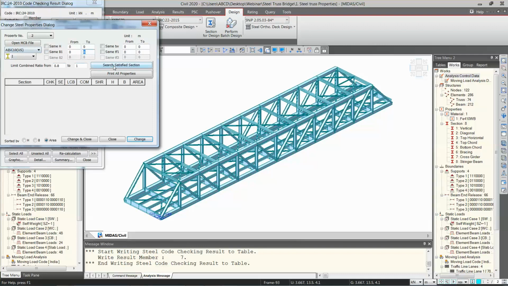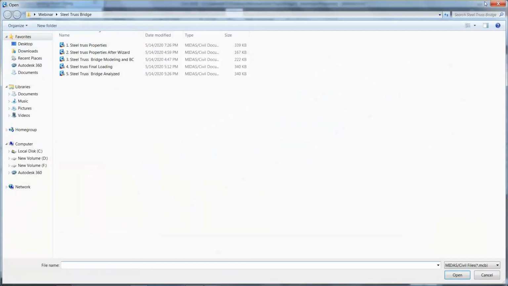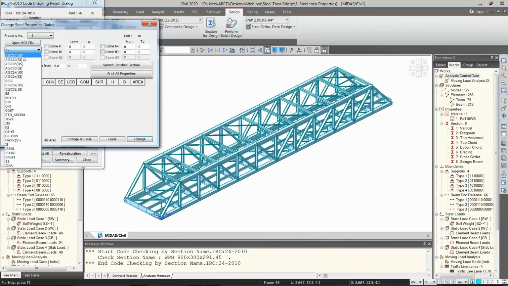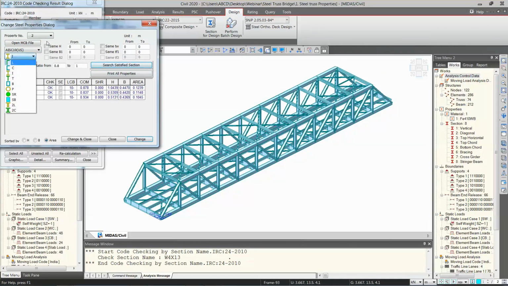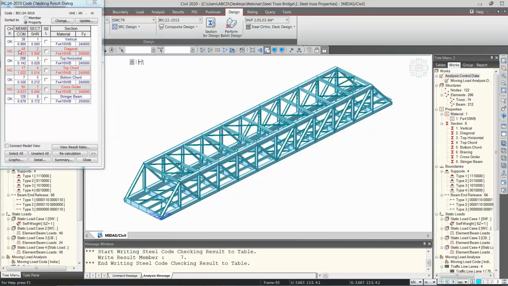Okay, so if you want to select only IS and search the satisfied section, then the list will come over here. Or if you want to select any other section, then you can just search. And it also depends upon, okay, so this is right now the diagonal, top chord, so these are different sections. So first I will choose only cross girder, because these are two I sections and this is a box section. And if you see, the combined section is not here because you can design the steel section from the database tab only.